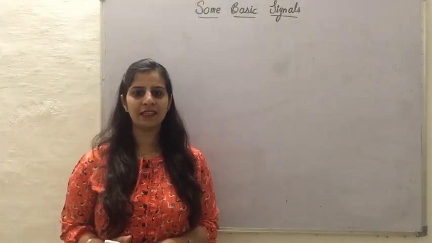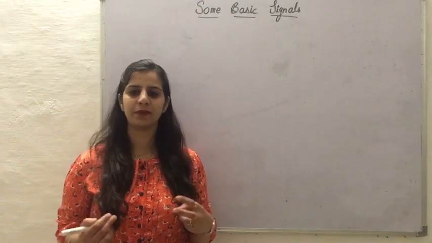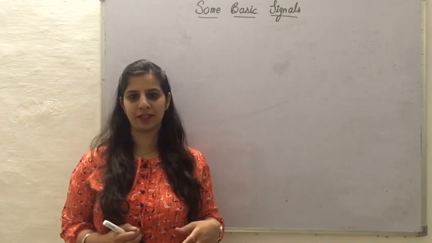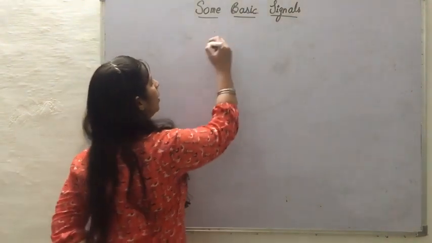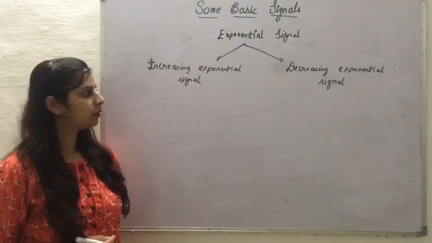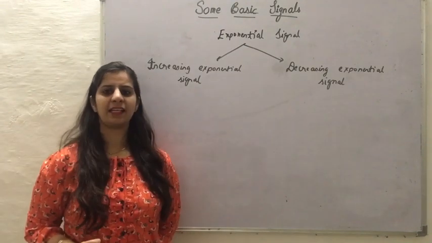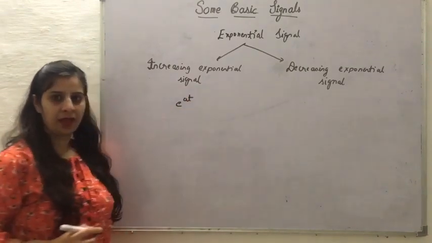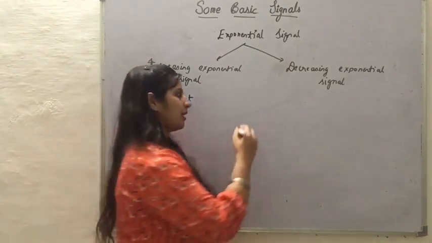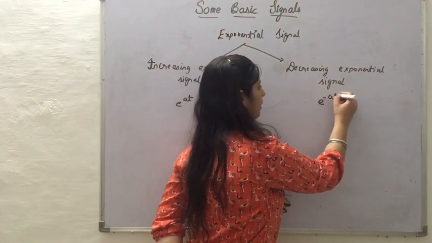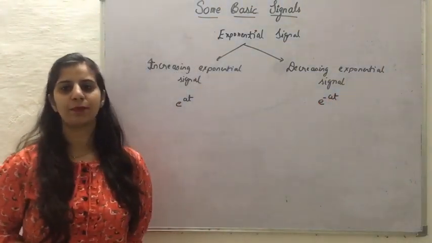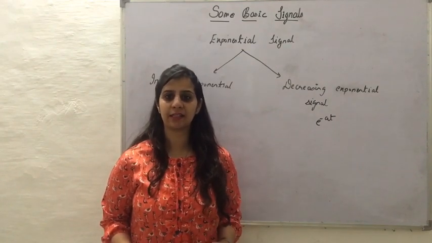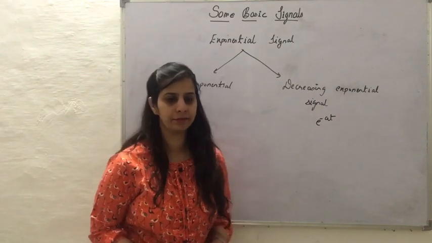The next set of signals are exponential signals, and there are two types of exponential signals: increasing exponential signal and decreasing exponential signal. The increasing exponential function is written as e raised to the power at, and the decreasing exponential function is written as e raised to the power minus at, where a is a positive integer. If I roughly draw the shape of the increasing and decreasing exponential function, it will be